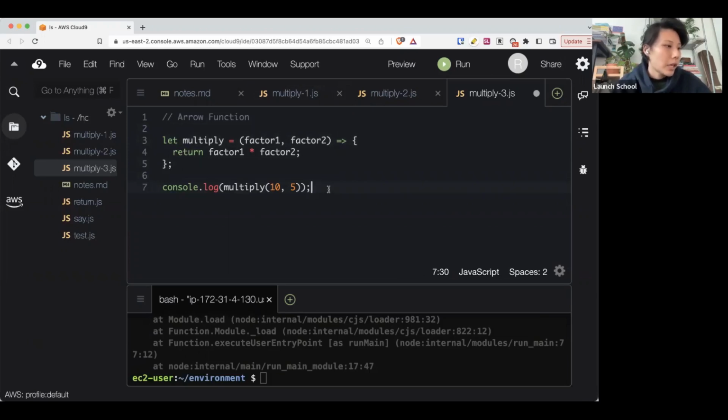Okay, so there's one unique gotcha about arrow functions that we definitely need to know. Earlier we said that unless a function explicitly returns a value using the return keyword, then its return value will always be undefined. However, this is not the case if your arrow function's function body is a single line expression. So in this case,